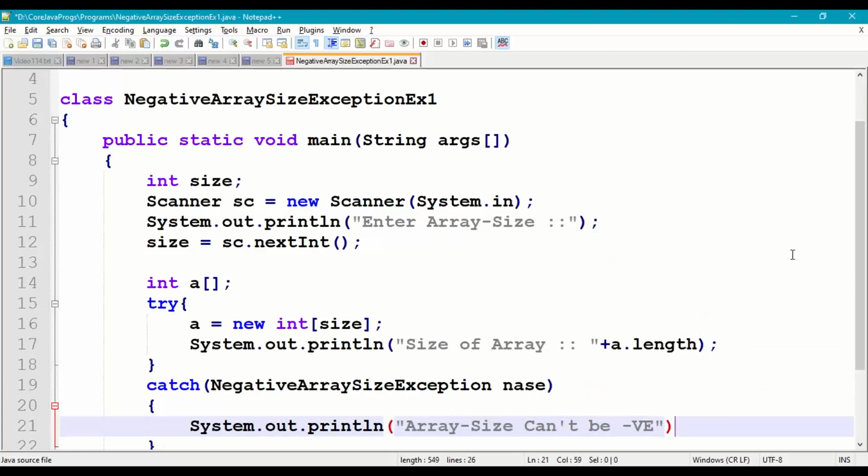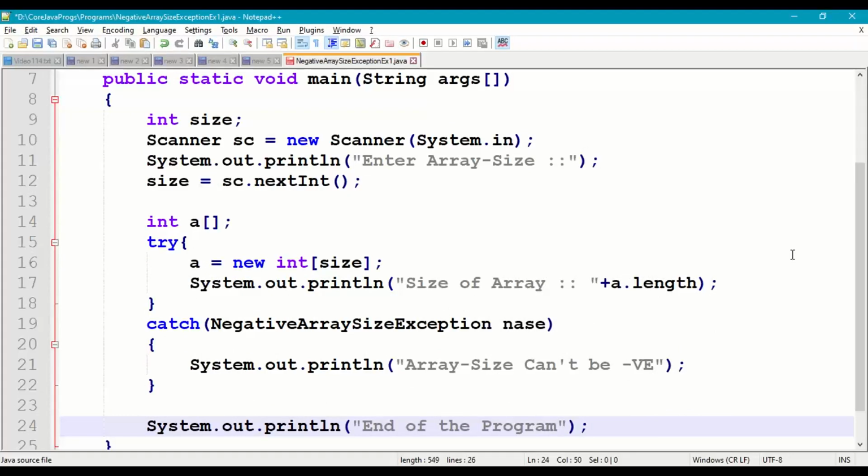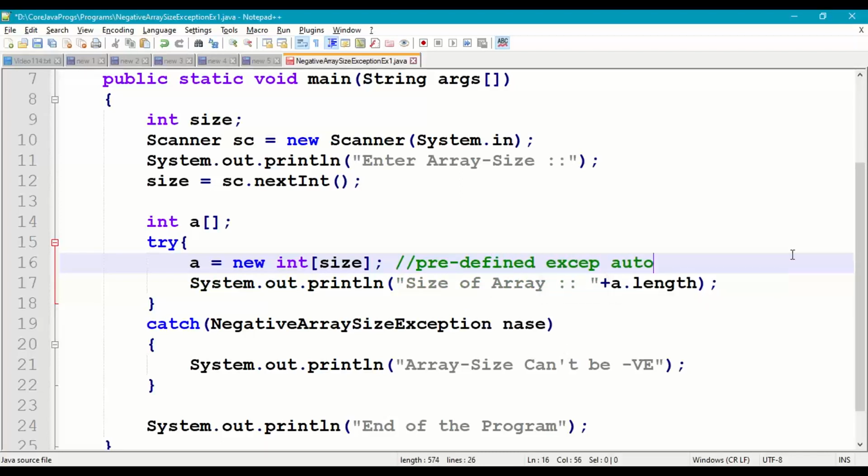Array size cannot be negative, end of the program. So now we are giving proper solution for this. We'll get negative array size exception here. Since it is a predefined exception, it is automatically thrown from try block by JVM.